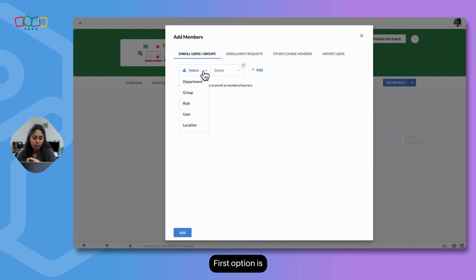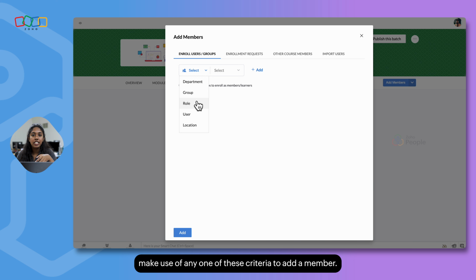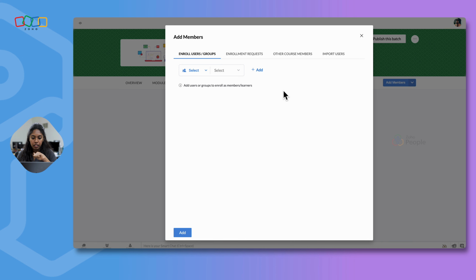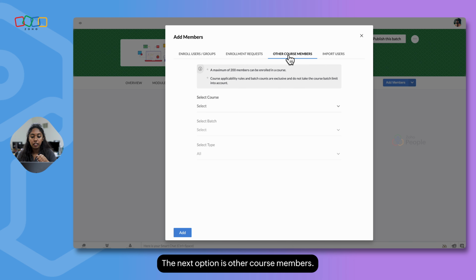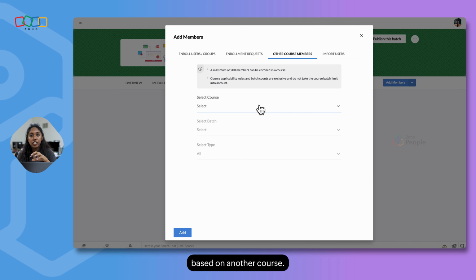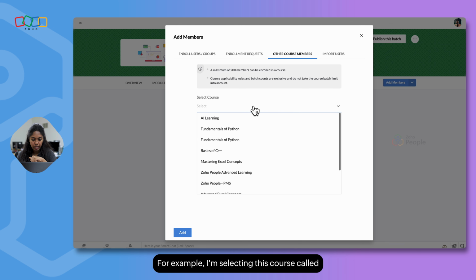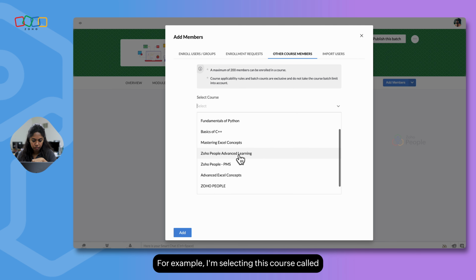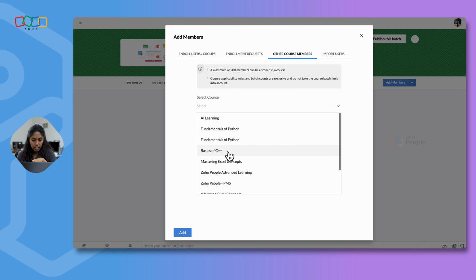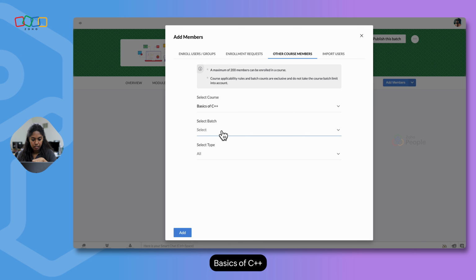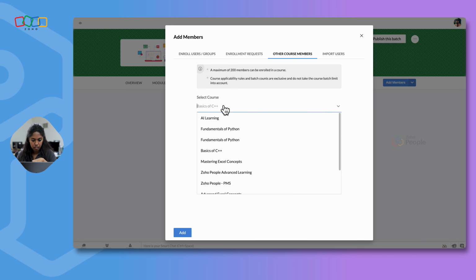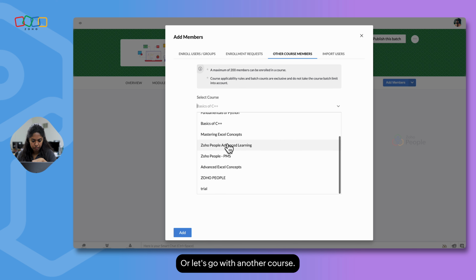So there are different ways that an admin can use to add a member. First option is make use of any one of these criteria to add a member. The next option is other course members. That is, you can directly add members to this particular course based on another course. For example, I'm selecting this course called Basics of C++, and I'm selecting the batch, or let's go with another course.